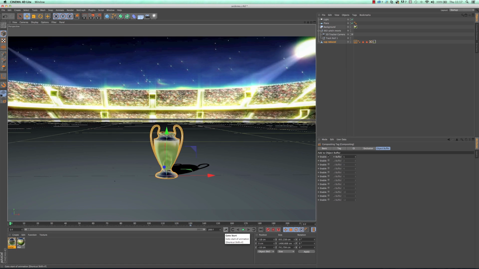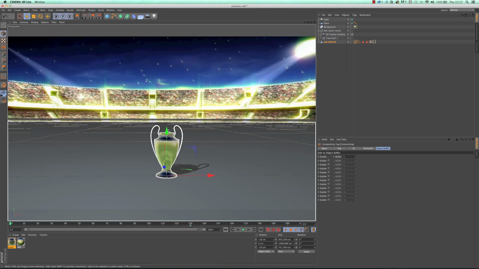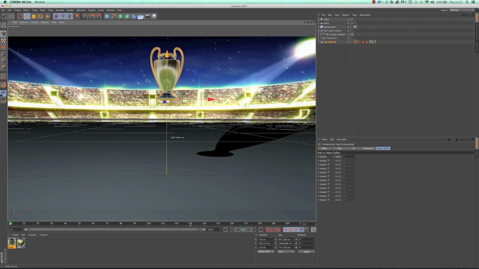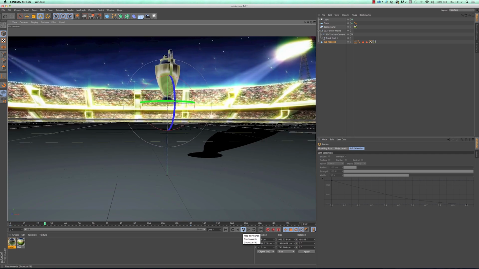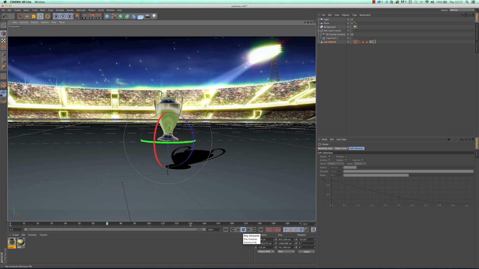But then what I'm going to do is rewind to the start of the movie, and I'm going to move the cup. So I'll move the cup up into the sky, and I'm also going to rotate it. So I choose the rotate tool, and I'm going to rotate it this way. If you would prefer to work with numbers, you can do that as well. You can type in numbers here. So I could say I want it bang on -90 degrees if I want, but I like working by eye, so I'm going to do it so it looks like that. And then I do exactly the same thing, just record active objects. And that quick, I have animation for my scene, which is really, really cool.